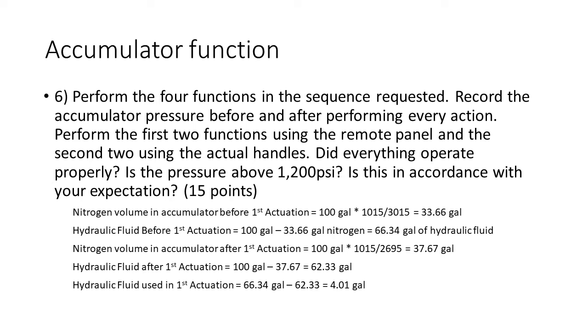That value, 33.66, is the nitrogen volume. Subtract that from 100 gallons total, and it leaves us 66.34 gallons